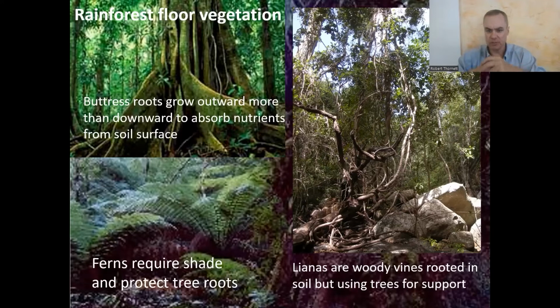And then there are the things that Tarzan swings on, called lianas, woody vines that can take on all kinds of gnarly, twisted shapes. You see on the right there. They grow from the ground, but they then get supported by trees. In other words, lianas are rooted in the ground, but they grow up the sides of trees and use the trees as support. So they're not only hanging off the trees; they wrap around the trees or up the branches, or lean against the trees. Sometimes it looks like it's part of the tree, but it's not. The lianas are separate species that live alongside the trees and use them for support.